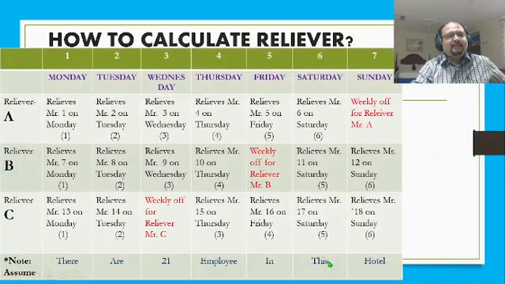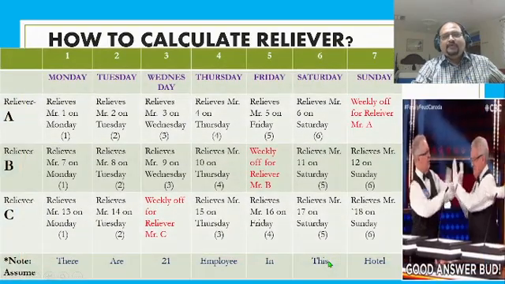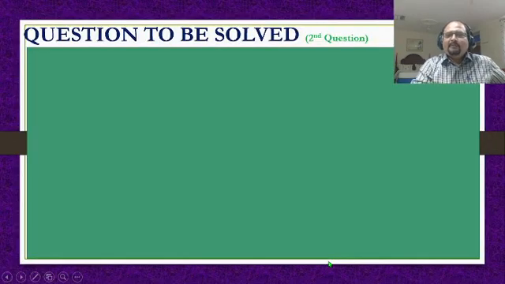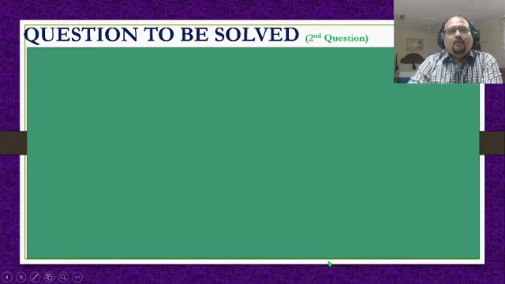So we have seen this particular slide which speaks about the reliever. Now let us go to the next question. Question number 2. In the previous question we solved it assuming the hotel has 100% occupancy. So what does this question say? This question says